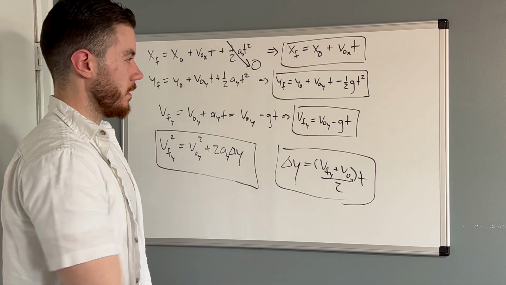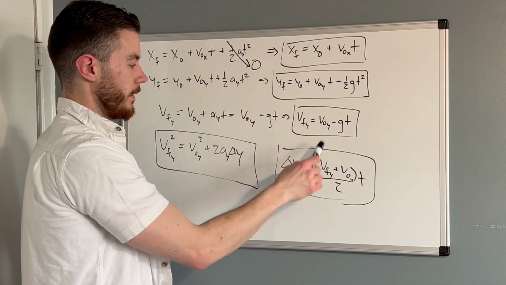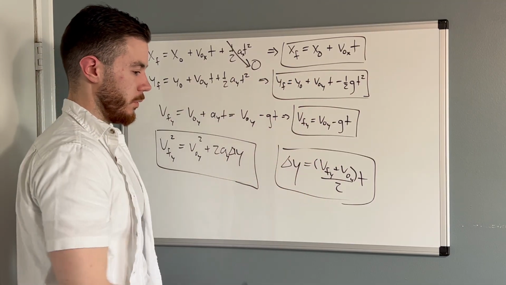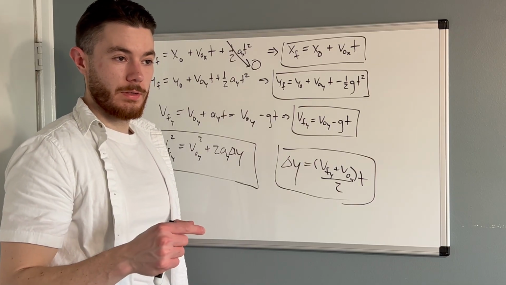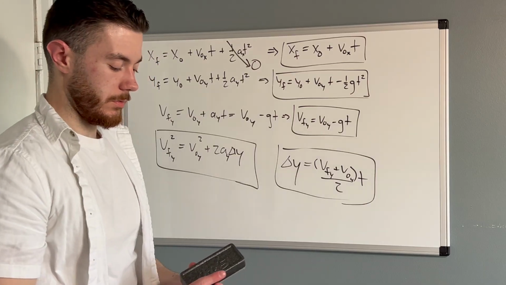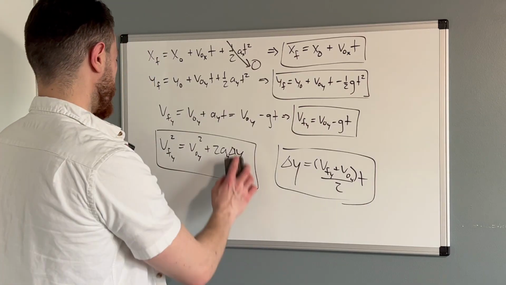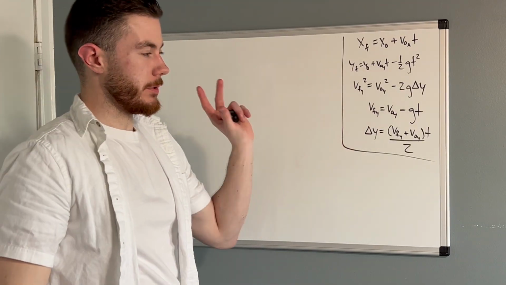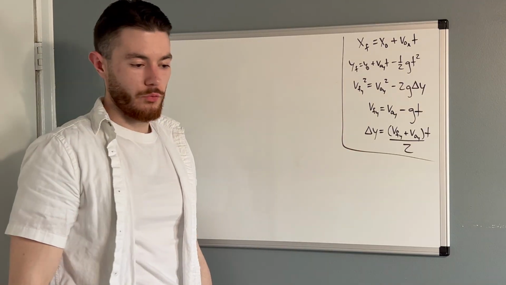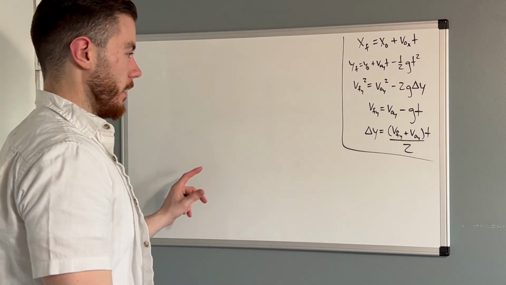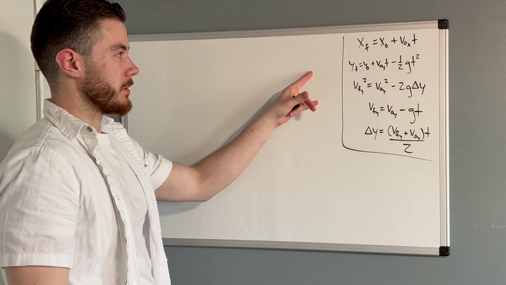So 1, 2, 3, 4, 5 equations now instead of 4. And then there's a secret equation that I'm going to derive now too, called the range equation. So I put the 5 equations that we just derived right here, and then there's a special range equation as well. The way we get that is, let's start with